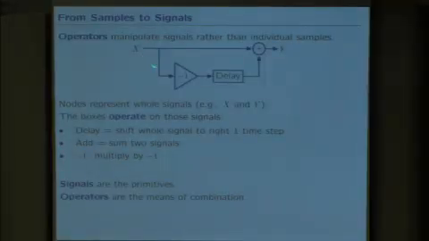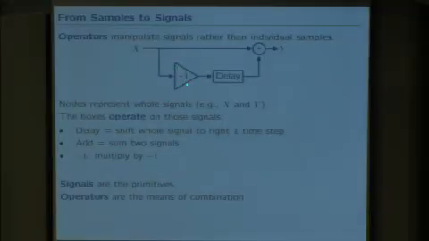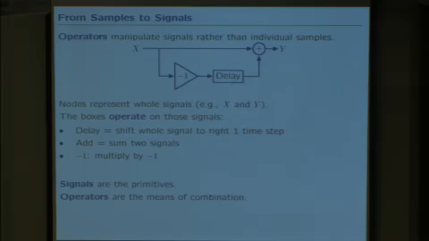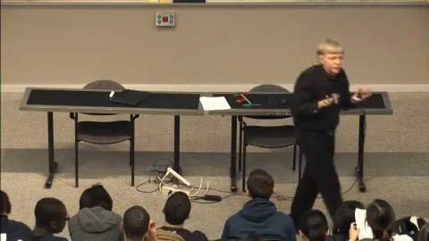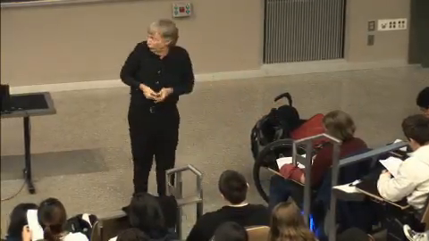So what I'm going to do is replace the representation x of n, little x of n, with cap x. Cap x means all of the n's. It's the signal x. Cap y means the signal y. And I'm going to reinterpret all the boxes. This box means take this signal, the whole thing, all n values of it, multiply it sample by -1. Flip the whole signal upside down. So I'm going to reinterpret all of the operations on the block diagram in terms of signals rather than samples.